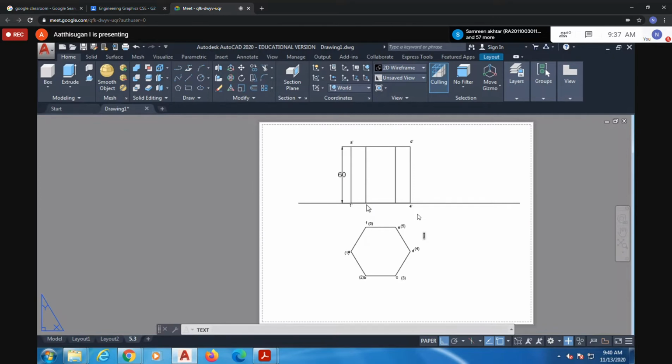For giving the label here, how to give? 2 dash, comma, 5 dash in bracket. Very good. Because 2 dash from here is visible, but the 6 dash is not visible. So 2 dash, with 6 dash within a bracket. If you know the labels already, you can draw continuously, because I have given first ABC, then 1, 2, 3. You can draw continuously, that will be better. Here this point will be 3 dash, with 5 dash within a bracket. That's it. 2 dash. Then come to the top.